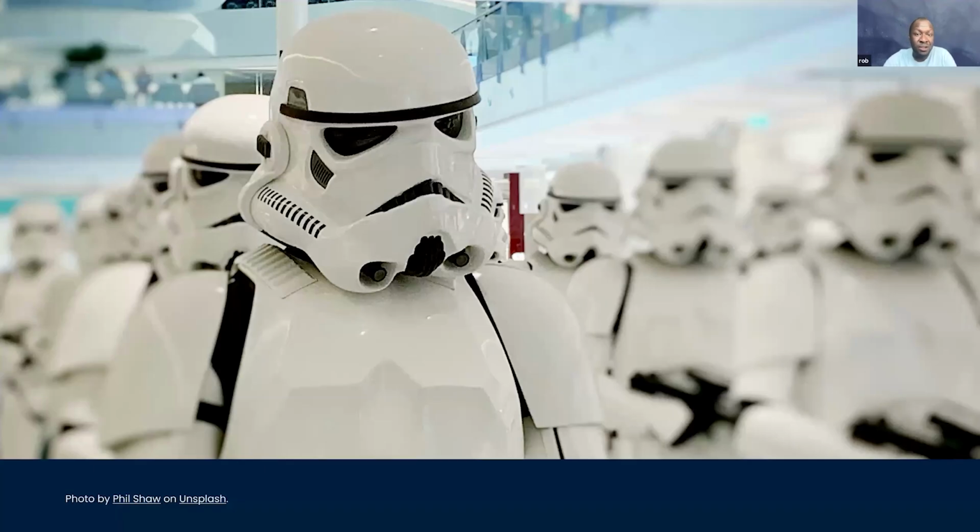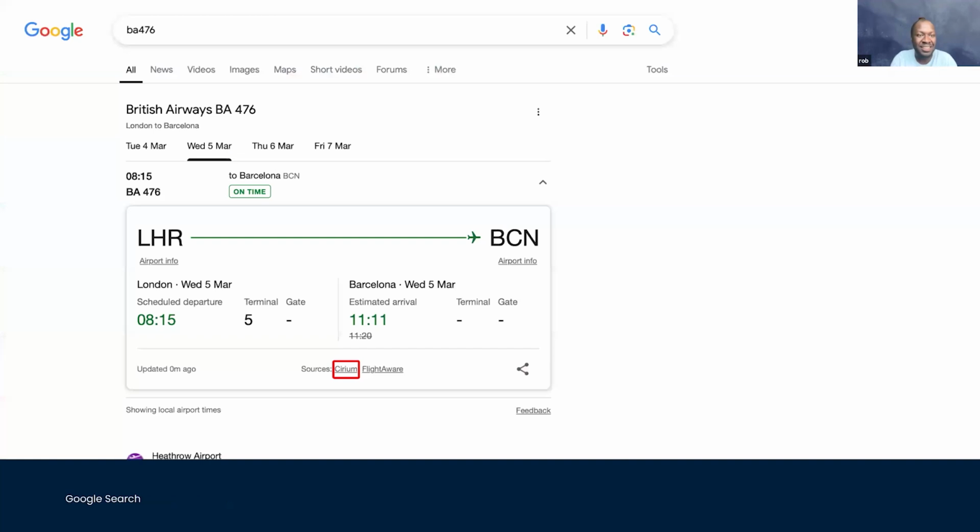Or if you've ever been to Comic-Con, that is put on by another RELX business called Reed Exhibitions. Or finally, if you've ever put a flight code into Google, it shows you the sources and where the data is coming from. So if you see the word Cirium, that is another business that is part of RELX. There are a number of other exciting and impactful businesses that are also part of RELX. I won't go into that today. That's not why you're here. But if you are interested, I can definitely share a link.